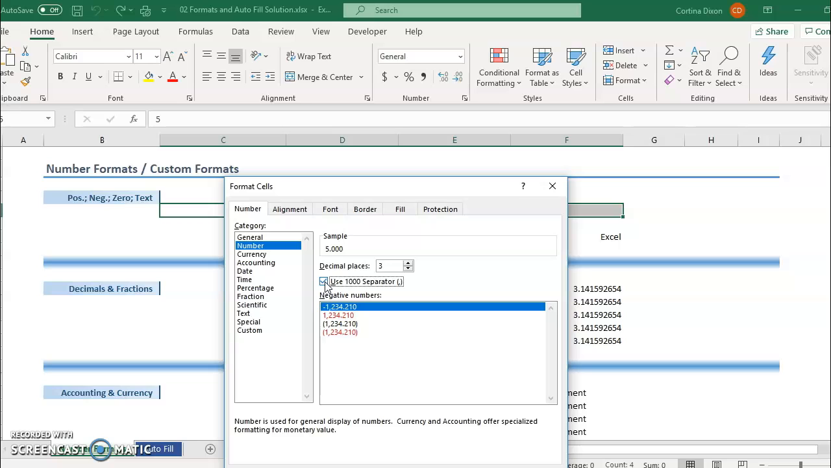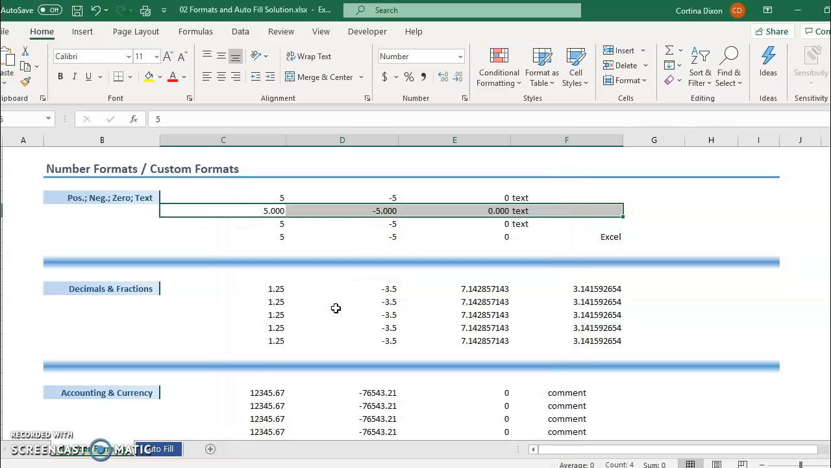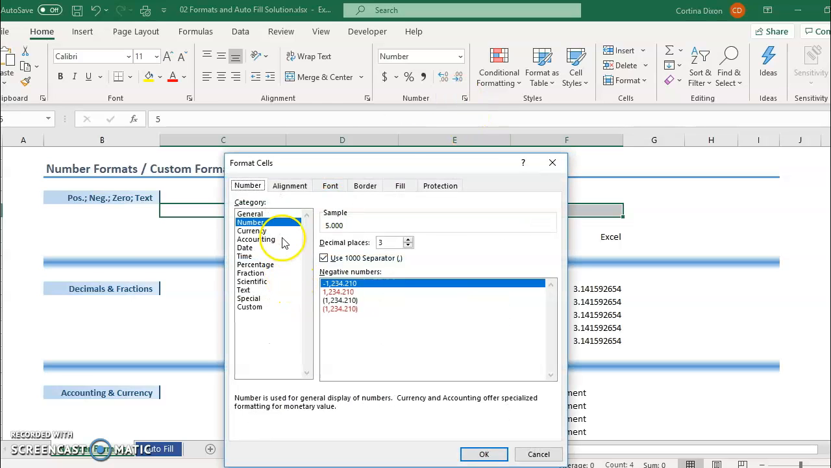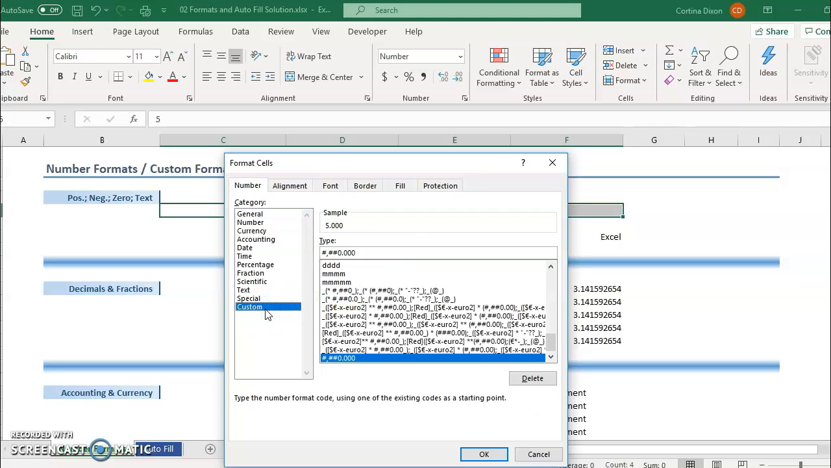And then in the list for negative numbers, we're going to select the first occurrence. It's already selected for us. And then in the category list, we're going to click custom. What happened? I'm going to go back through this. So number 3, then click custom. And it tells us to change to the following: pound, comma, pound, pound, 0.000, underscore, parentheses,